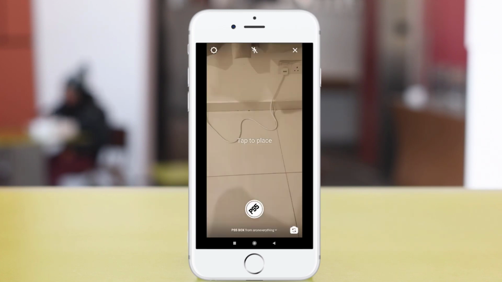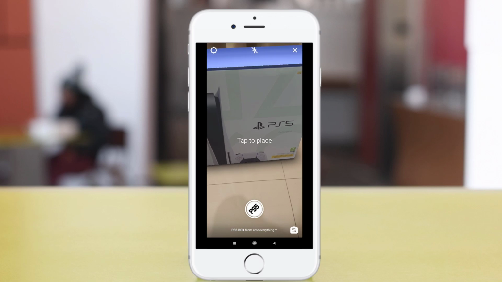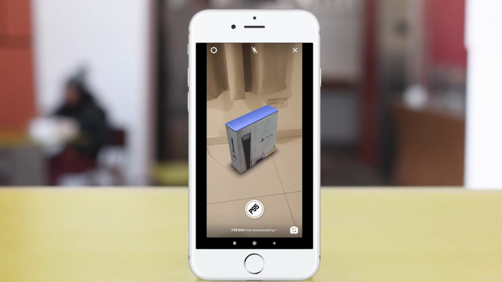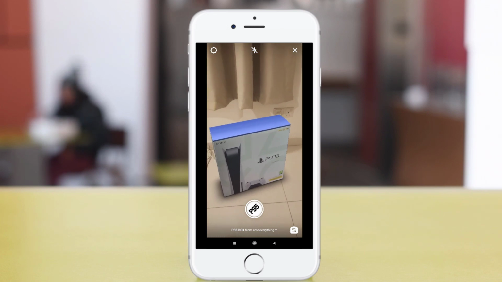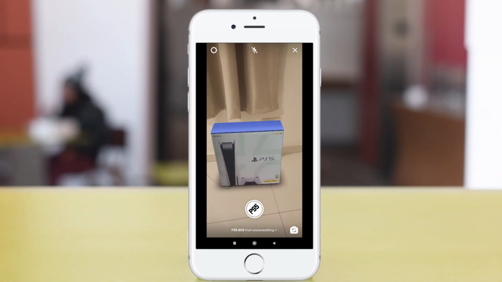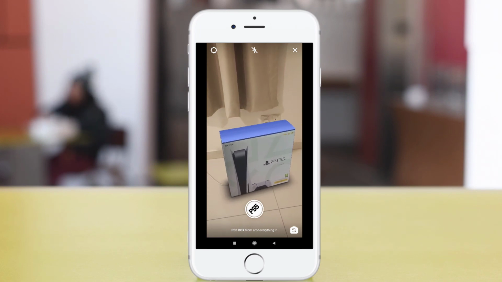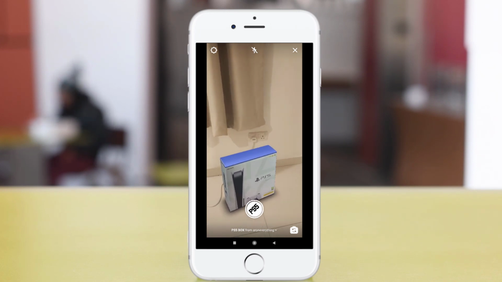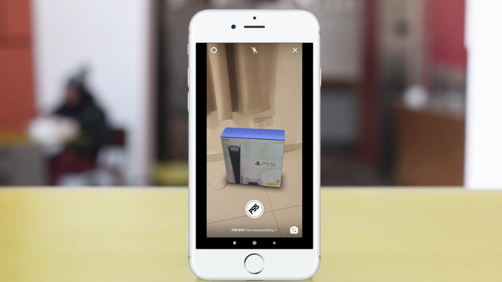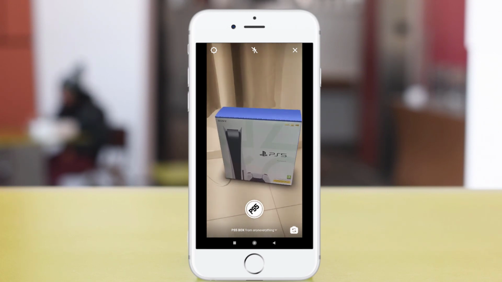So once you have clicked try it, click on the PS5 button, then the mockup PS5 box will then appear over on your camera. So you will have the choice whether to resize and rotate the PS5 box. So from our experience, try to match the shadows and the lighting of the box with your environment for best